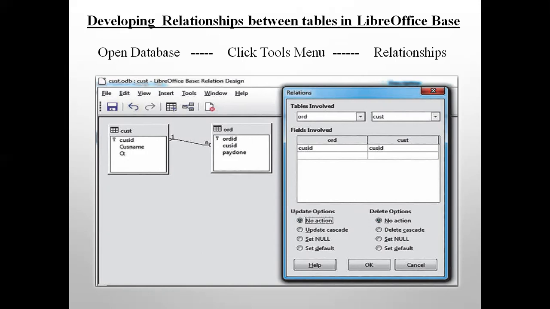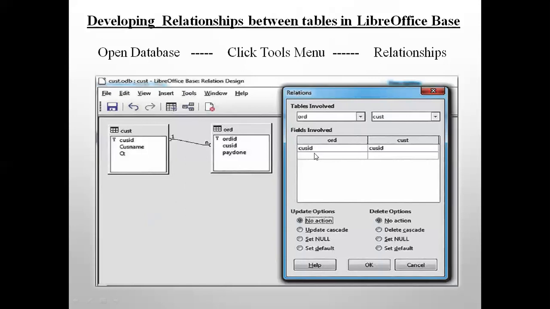Close the table structure when you are going for the relationship. Then go to the Tools menu. It will be like this. The customer database will be open, but none of the objects will be open. So directly you have to go to Tools and Relationships. A small window will appear like this, the Add Tables window.